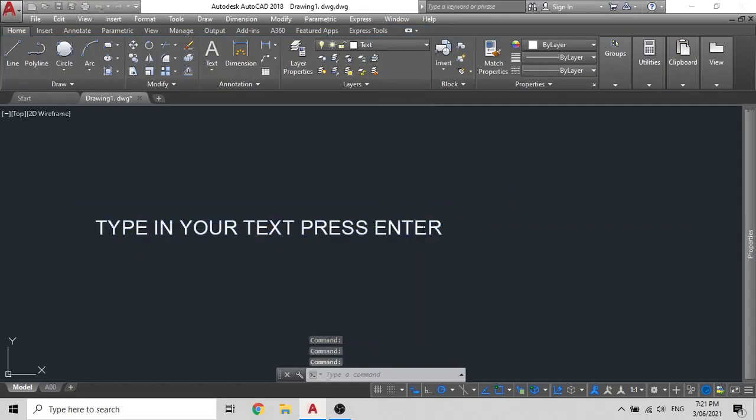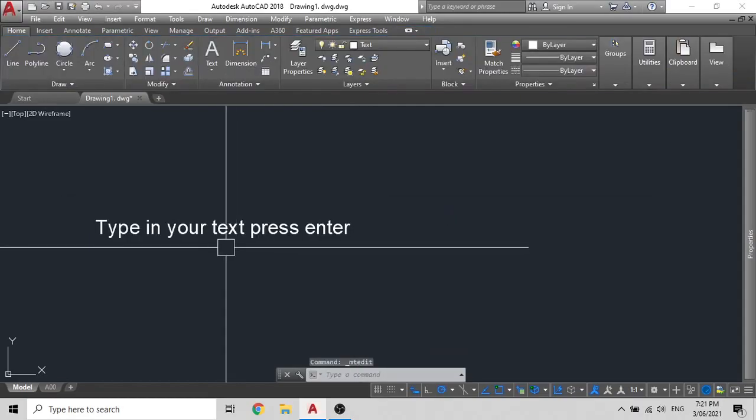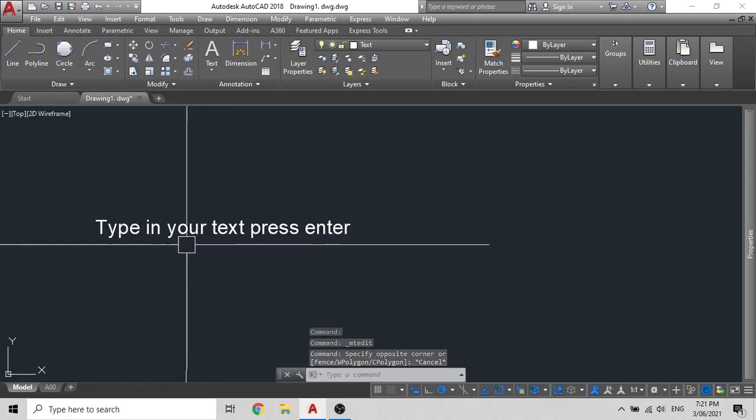Similarly, if you wish to put it in lowercase, what you can do is select all the text that you wish to put in lowercase, then Control plus Shift plus L, close off, and you can exit. Now, as you can see, you have also put it in uppercase and lowercase.